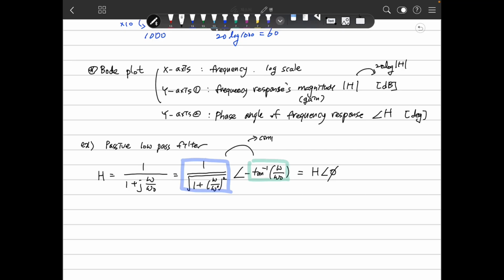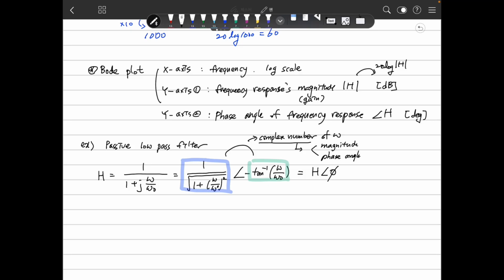Because this is a complex number of omega, that is the frequency response. So a complex number has two values, magnitude and